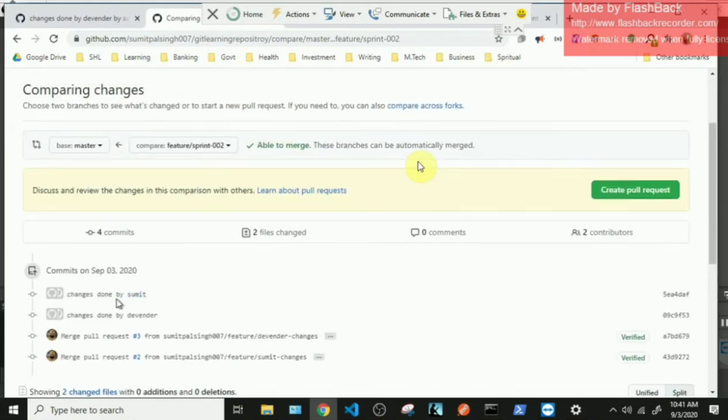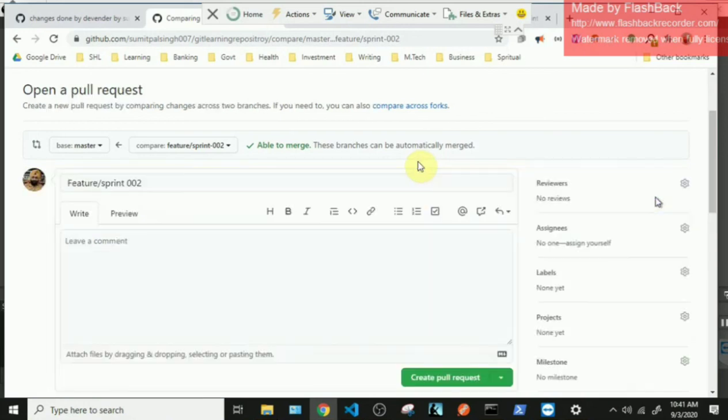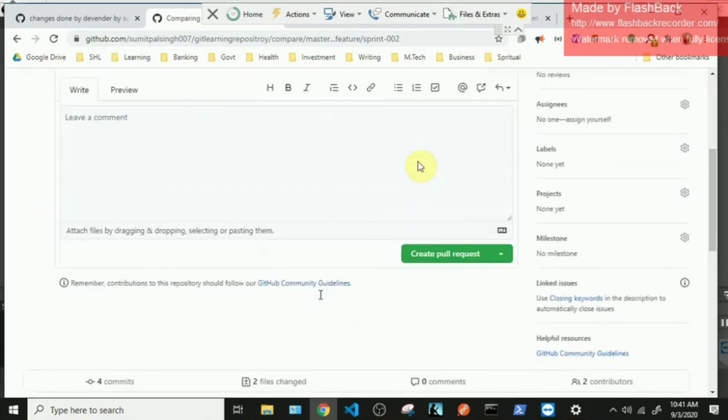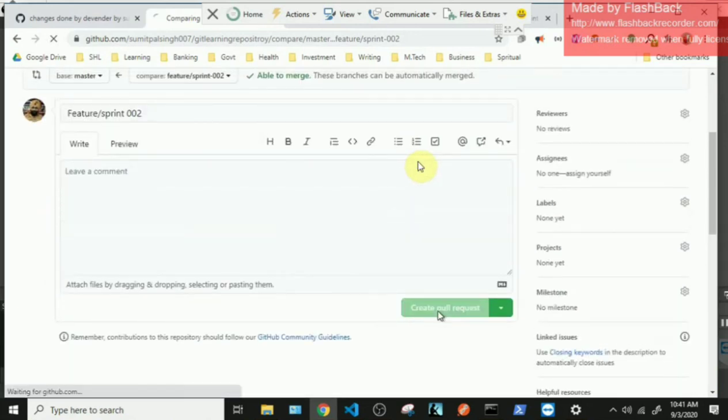So if I had 10 developers working, it would contain the changes done by all these developers. Okay. So as I created a request, I'll click on create pull request. Now this pull request is open for the master branch.